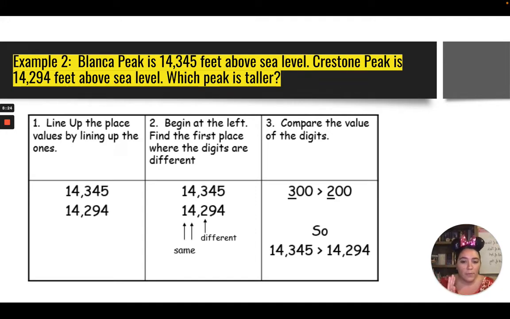When I'm looking at these two numbers, boom. The 10,000s place, they both have 1, so that's the same. The thousands place, they both have 4, same. Ooh, we get to the hundreds place. The 3 is bigger than the 2. They are different, so then we compare the value of those digits. 300 is greater than 200, so that means that 14,345 is greater than